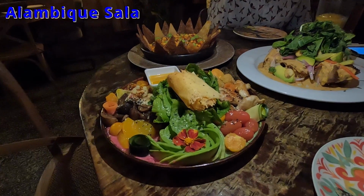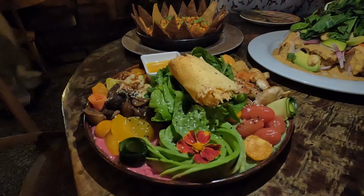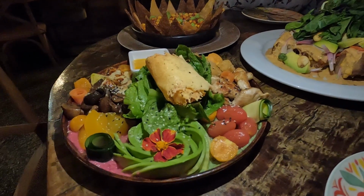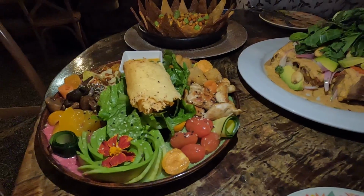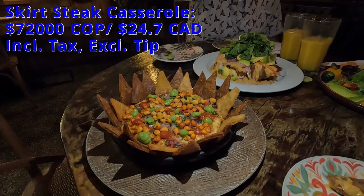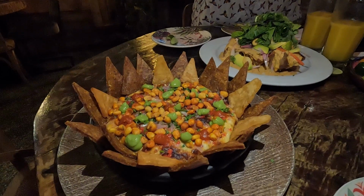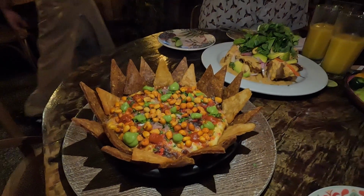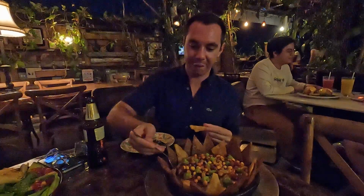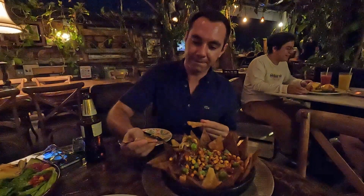Our friend ordered the Alambique salad with sautéed chicken in a plantain reduction and coriander vinegar with grilled cheese, romaine lettuce, avocado, tomato confit, crispy pineapple, and more. We also had the skirt steak casserole, melted in costeño cheese and Momposino cheese sauce, and grilled tender corn with tajin, avocado, and cider strings, surrounded by corn nachos. This was another large portion, which could have been split between 2 or 3 people, and was loaded with steak